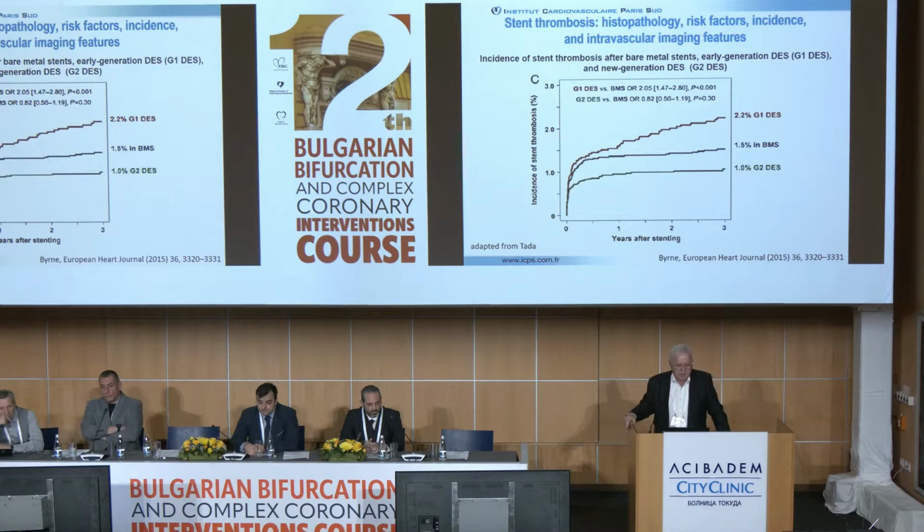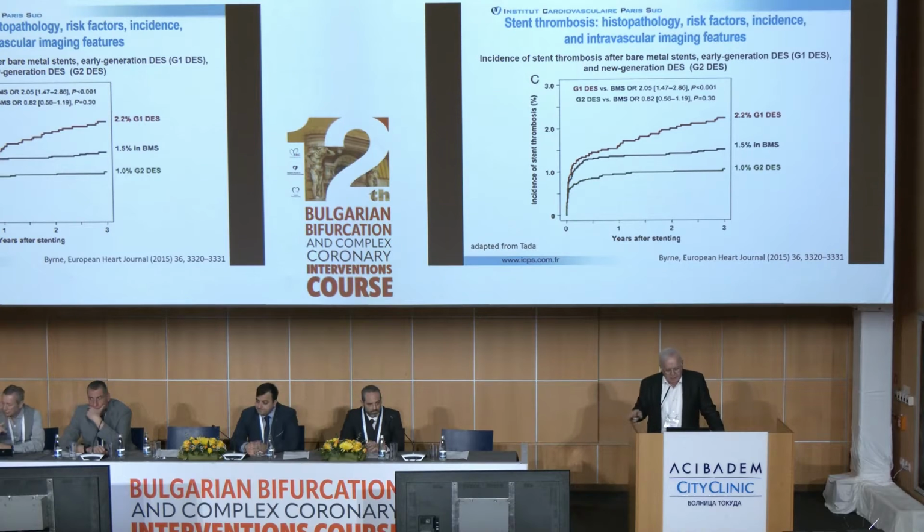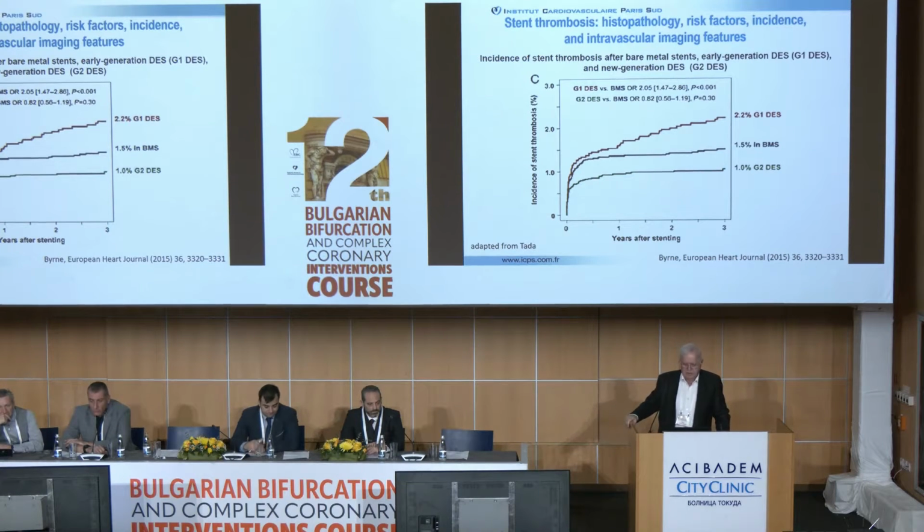These are the incidence of stent thrombosis with bare metal stent, first generation DES, and second generation DES. Bare metal stent is before DES, and you can see that during the first week it went up to 1.5% and remained relatively stable. The problem that was discussed yesterday with RAVEL is the first generation DES, with the same amount of stent thrombosis during the first week, but a permanent increase of stent thrombosis with time, that we can say today is probably 0.3% a year with this first generation.